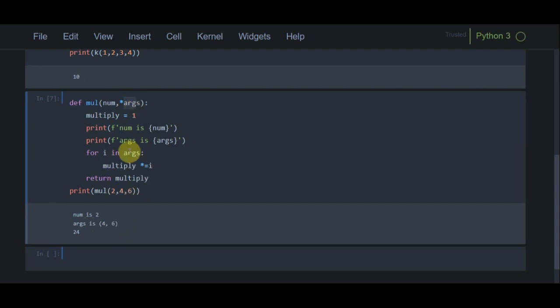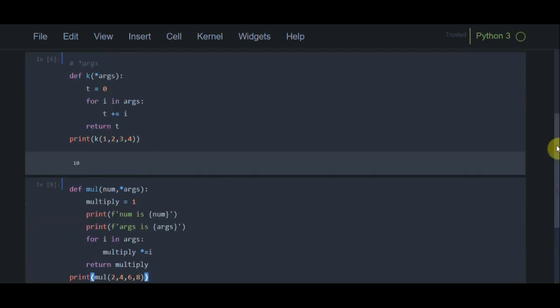We are multiplying args here because we are applying the for loop on args. That's why it is multiplying 4 and 6 and the multiplication is present here. If I add a value 8, you will see that only 2 will be stored in num and all the 3 remaining arguments will be stored in args. You can see that here.